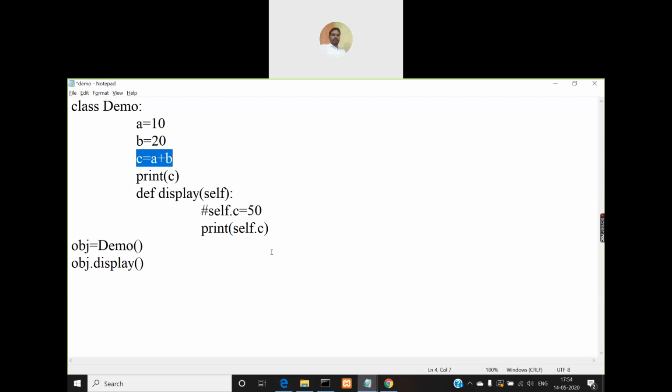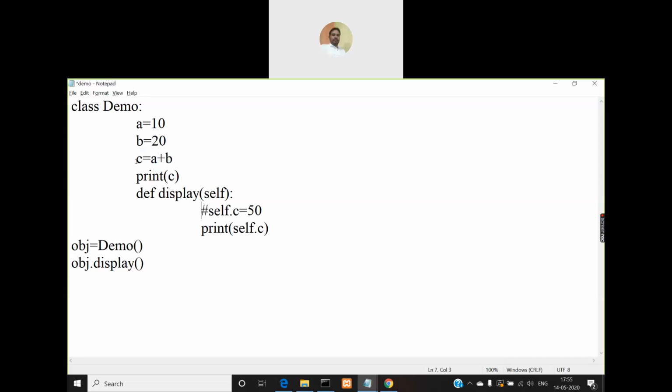Okay, so I hope you understood the concept. When there are class variables as well as object variables, and if one class variable name is the same as that of an object variable in that class, then when you use the self argument for referring to that variable, it gives priority to the object variable. That means when you use self.c, the object variable c's value will be displayed or accessed. But if there is no object variable with that name c, then there is only the class variable c.